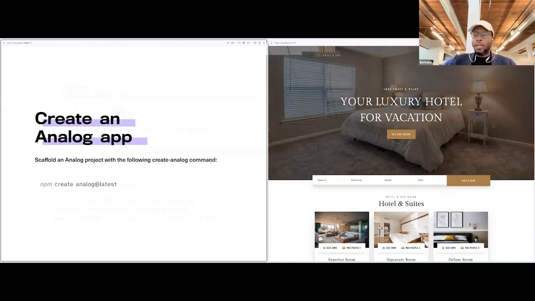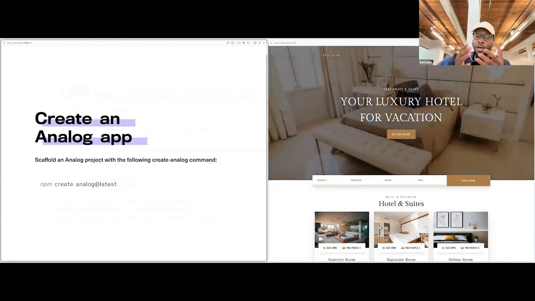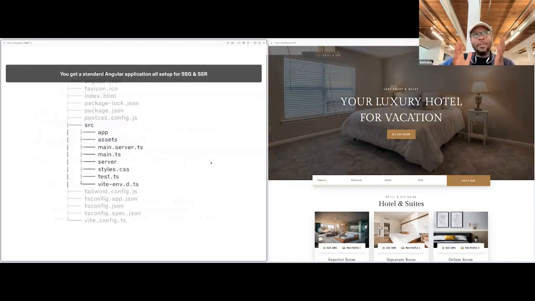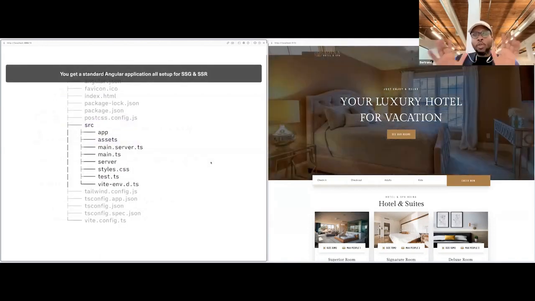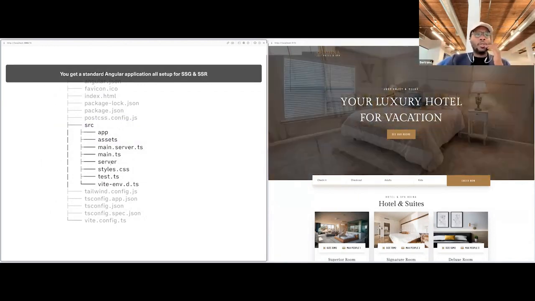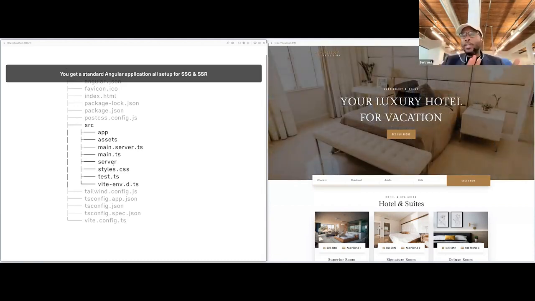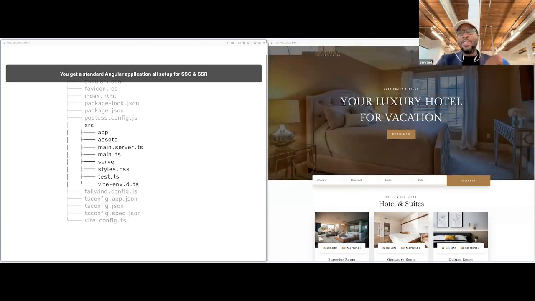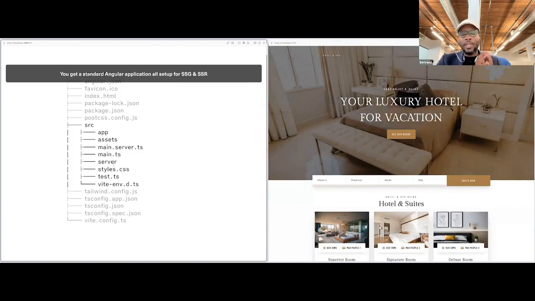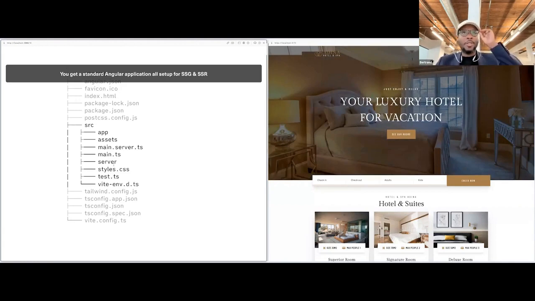So to start, there's a scaffold. You run an npm command or a yarn command, and it's going to set up what is essentially a standard Angular application with the server parts already configured. I want to draw your attention to the main.server.ts over here and the server files. So this is exactly what you would get from Angular CLI, but it's ready to take on some of the heavy lifting that you'd have to do yourself usually to get server-side rendered or to get statically generated pages. So it's that easy, and I'll try and show it to you guys and prove it to you